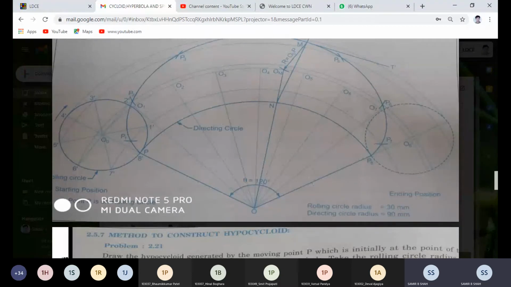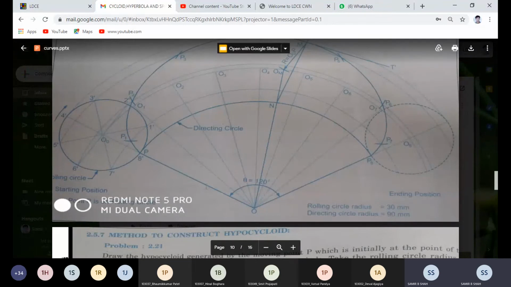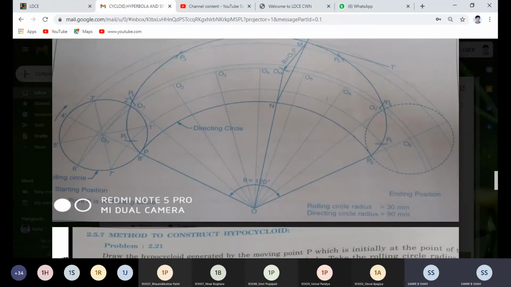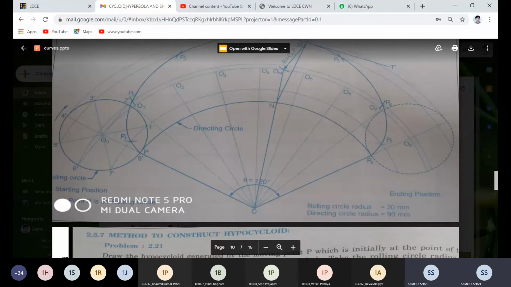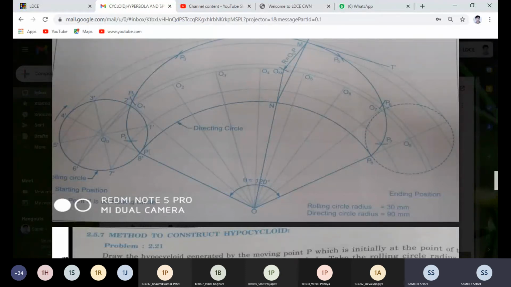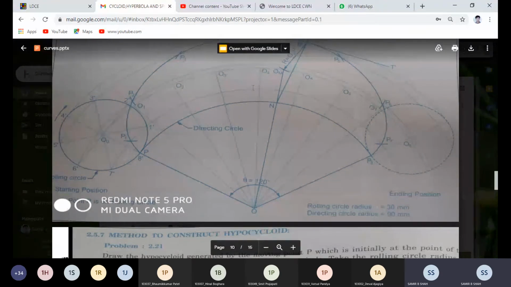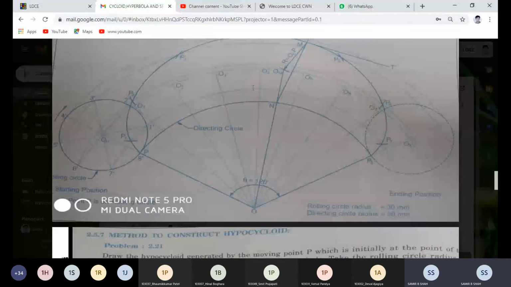Take every time O as a center and radius equal to O1, draw the circle, O2, draw the circle, O3, draw the circle, and O4, draw the circle. The same circle repeats, so 3 will also come in 5, 2 will also come in 6, and 1 will also come in 7. Okay. So in this way, we generate all the circles with the respective points.